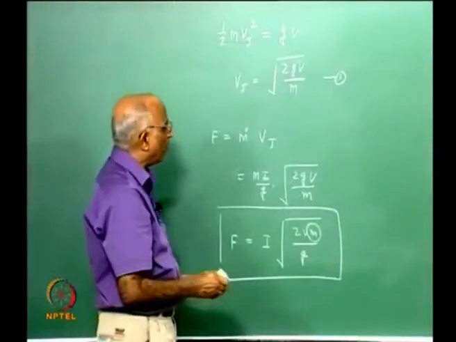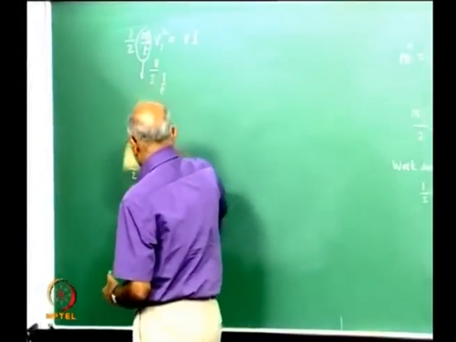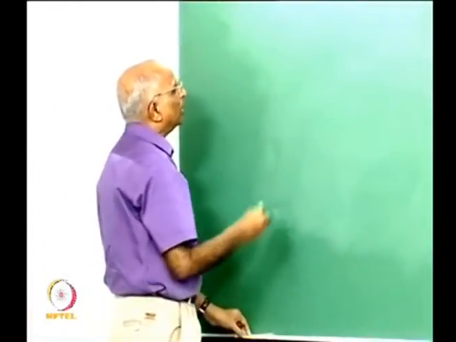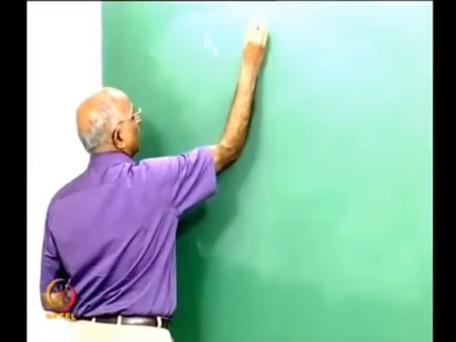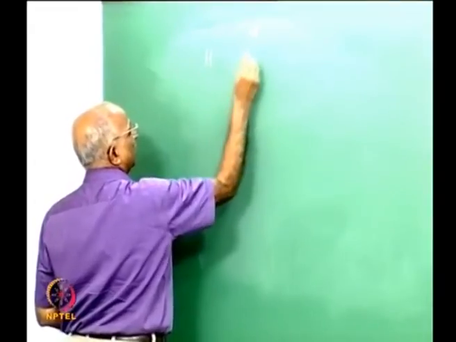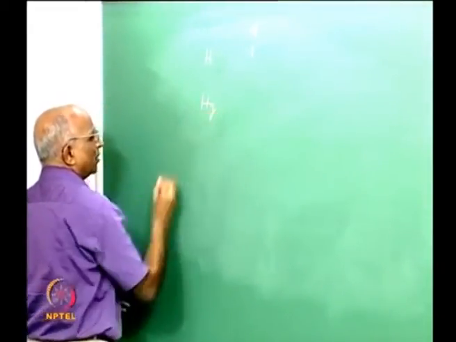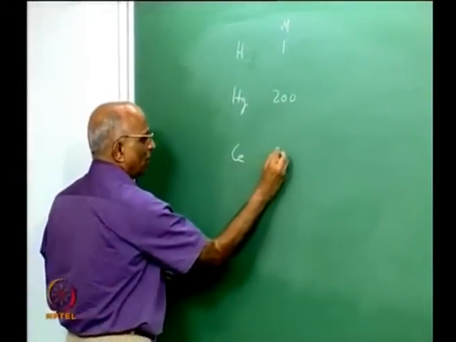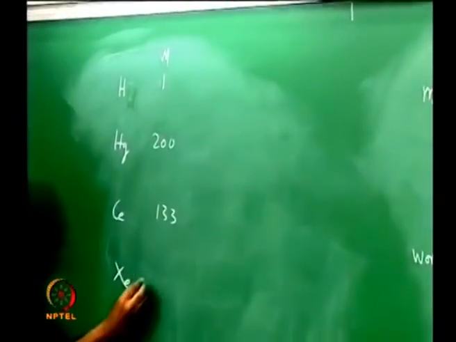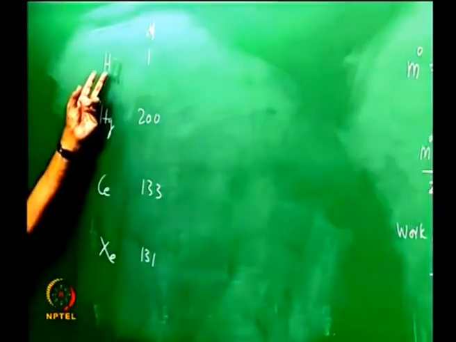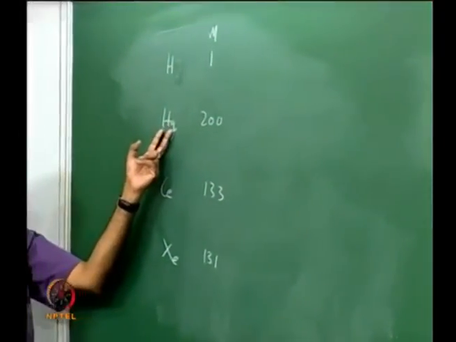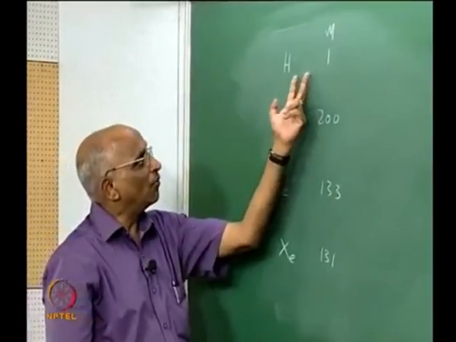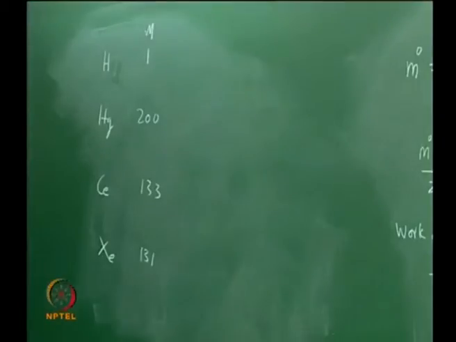Let's take a look at some properties of the propellant I would require. Just like we said a propellant for chemical propulsion should have low molecular mass and high temperature, so also let's see: hydrogen has a molecular mass of 1 compared to other substances. Mercury has around 200. I take another substance, cesium, I will say why I am choosing this a little later, 133. I take an inert gas like xenon, equal to 131. All I am saying is, with reference to hydrogen as 1, the mercury atom is 200 times heavier, the cesium atom is 133 times heavier, and xenon is 131 times heavier. If the mass of the hydrogen atom is equal to